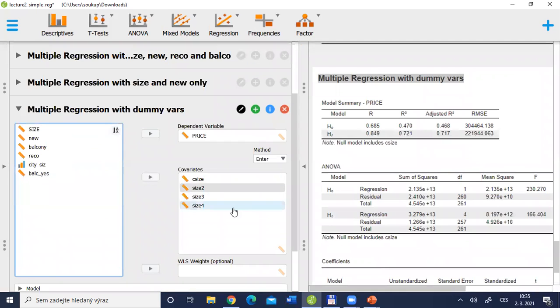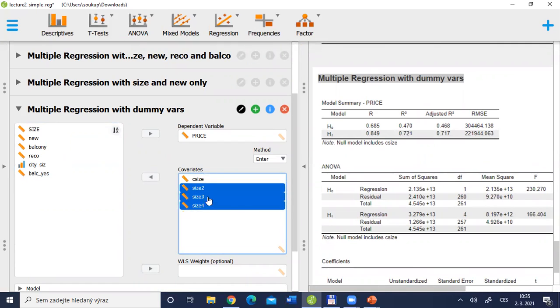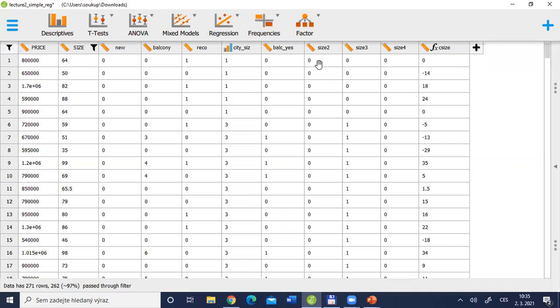So currently I have one variable measuring the size of the flat, and then variables measuring the size of the city or village, size 2, size 3, and size 4. Once again, I need to remember that one category from the original variable city size is omitted, and it is the category describing the smallest villages up to 2,000 inhabitants. Okay,